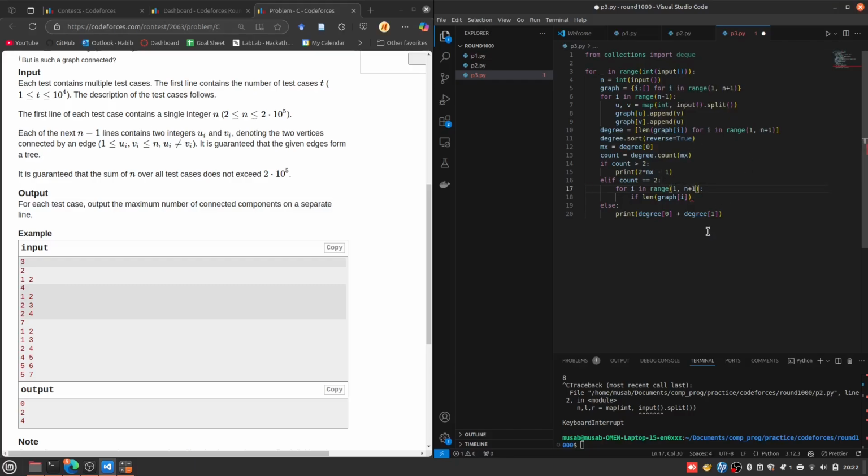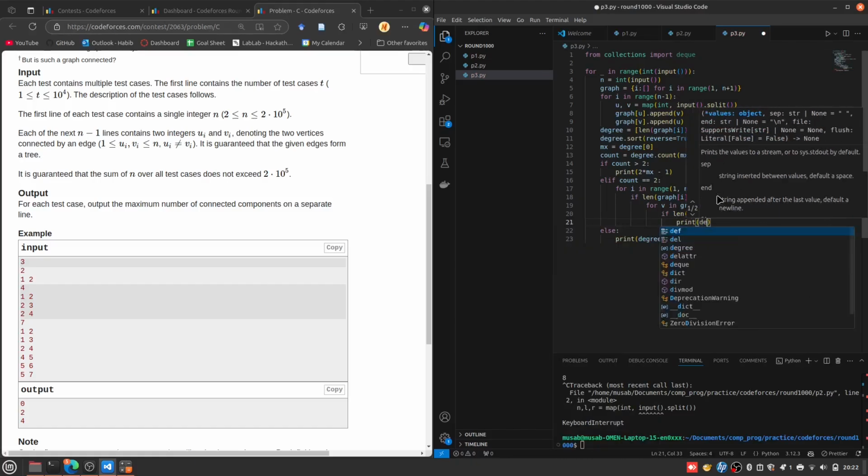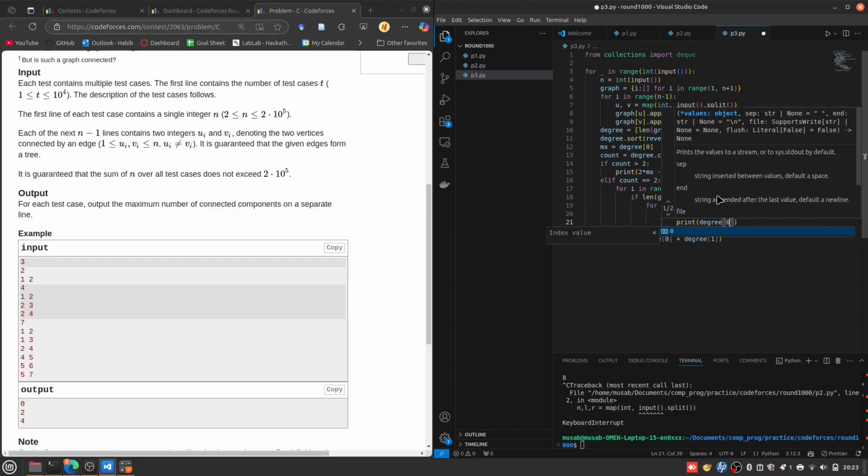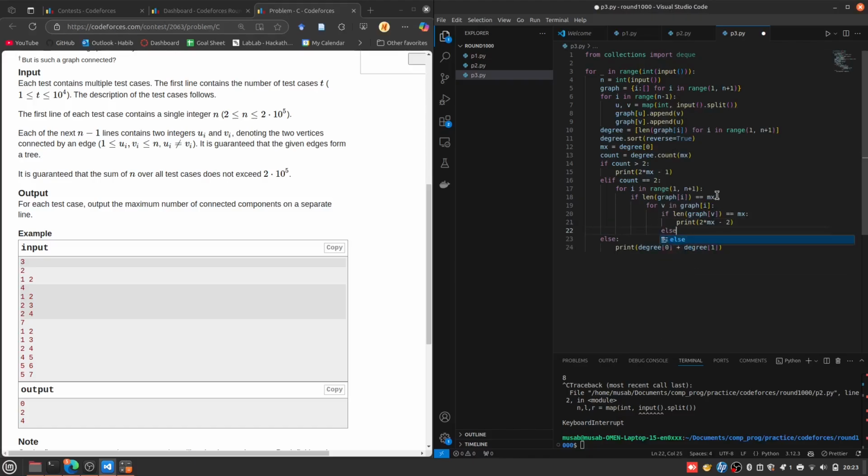Yeah. If len(graph[i]) equals max, then I check for v in graph[i]. If len(graph[v]) equals max, then that means I neighbor that thing that I don't want to do. Then print 2 times max minus 2, else